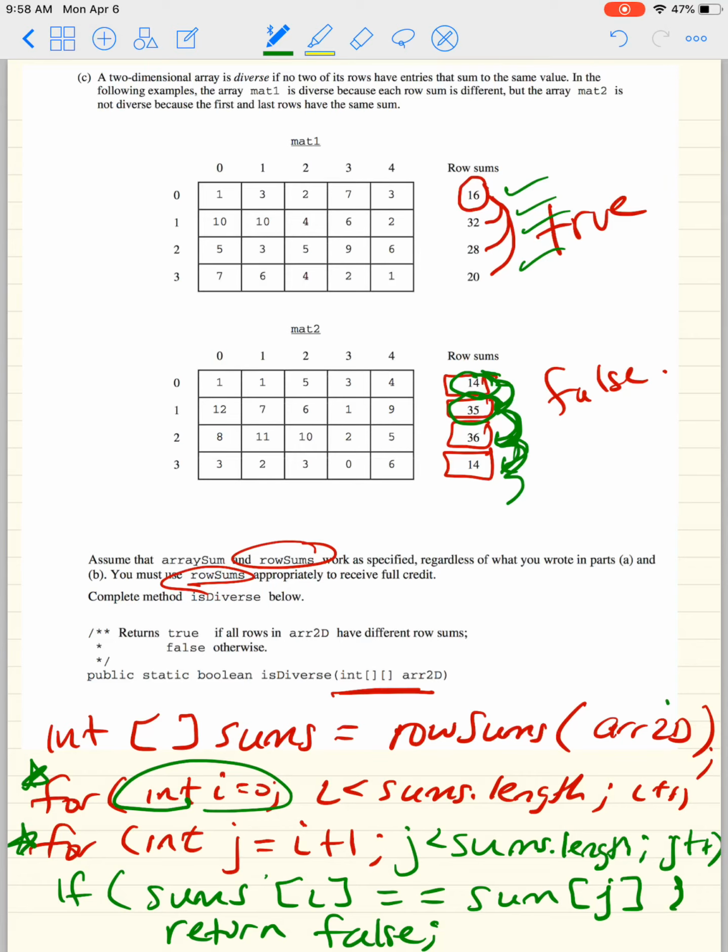And after you're done with all of this, after it goes through all of it, if it doesn't hit return false, then we're going to need a return true. So that would be at the very end. So you would finish off the program with return true. So I hope